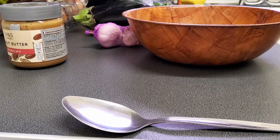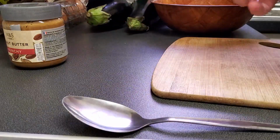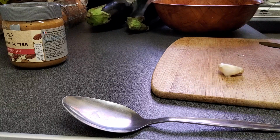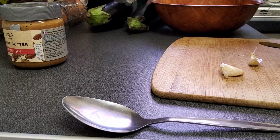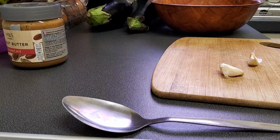So let me just do the garlic cloves. I don't know if you like garlic. I'm okay with it, but I wouldn't say it's my favorite or anything like that. I much prefer using garlic powder when I'm cooking, you know. I have that too, but